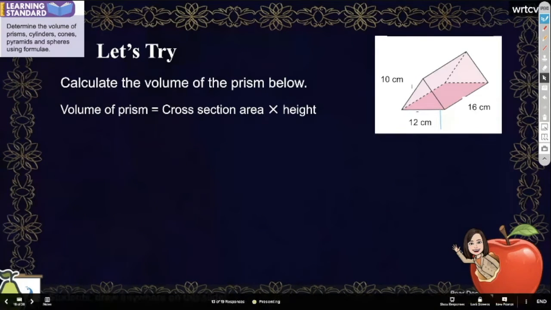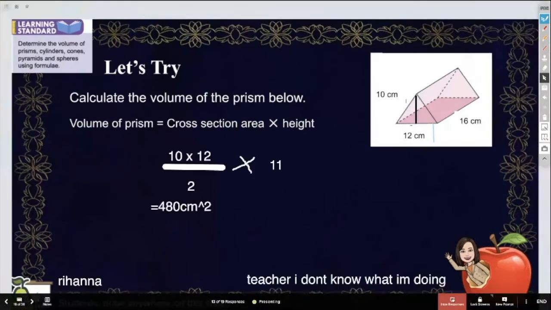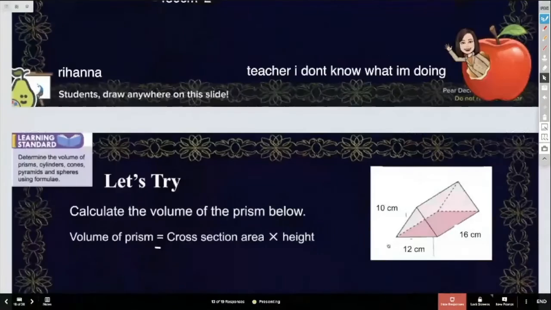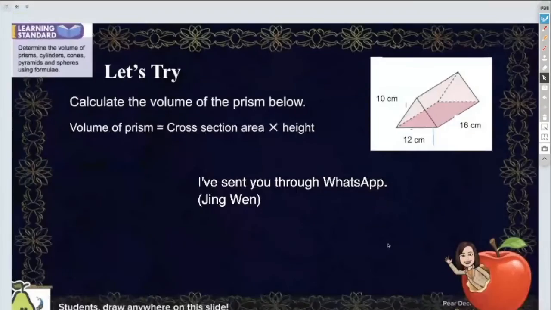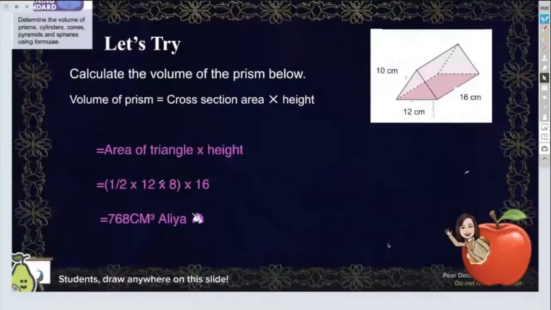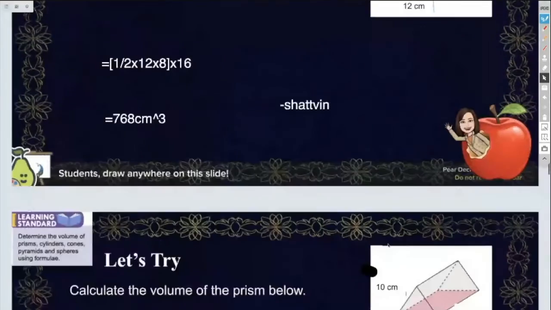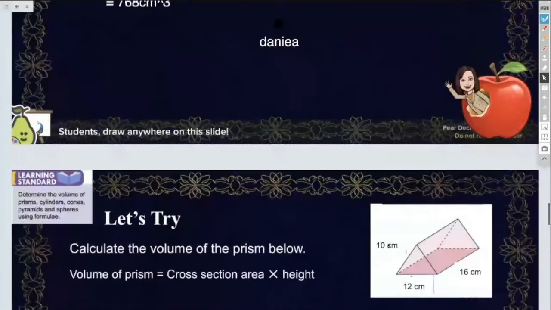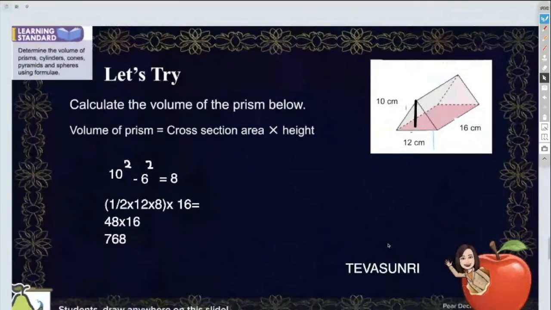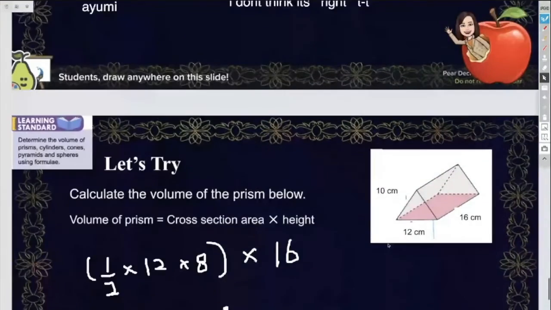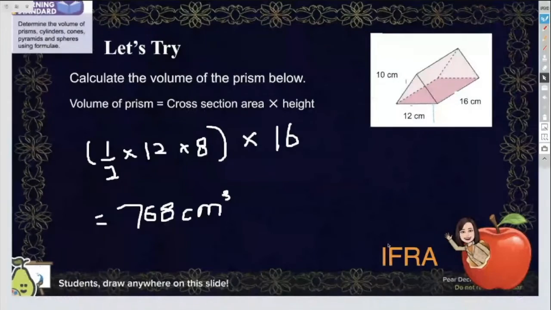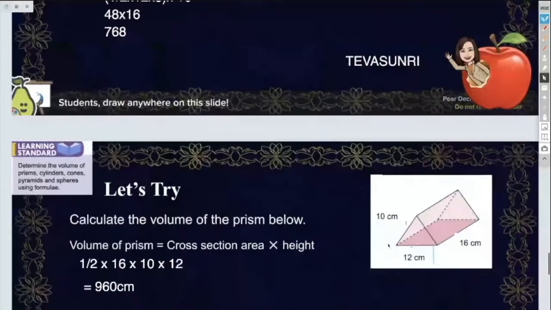Yours, let me check. You already sent, Ifra. Just now I saw I don't have your name. Let me check one more time. True. Haika, cikgu has explained again, do you understand or not? Alia, is it correct now? Sakwin was correct earlier, Ifra's is correct now. Wait, Ifra. Tiwa, yes, correct Tiwa. Okay, Ayumi just now was wrong, did you correct it? Okay, Ifra, yes, correct Ifra, good. Okay, so we go to the next one.